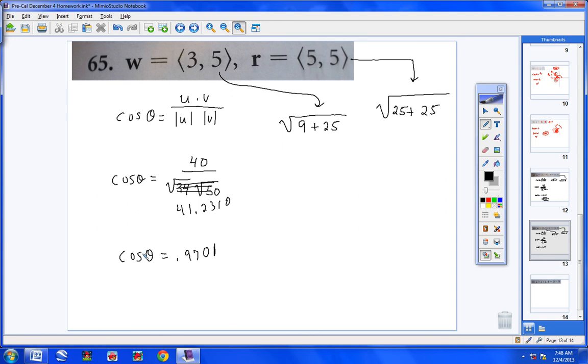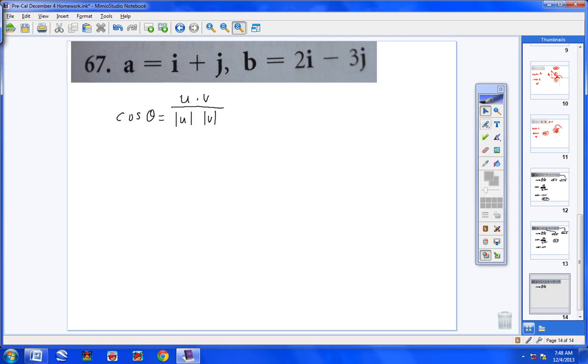Okay, and since we're looking for an angle, we're going to hit second cosine of that decimal, and you should get 14.0362, something very close to that. And if you round to the nearest decimal place, the first decimal place, you will get 14.0. Okay? You should be really, really close to that. All right, and the last one,